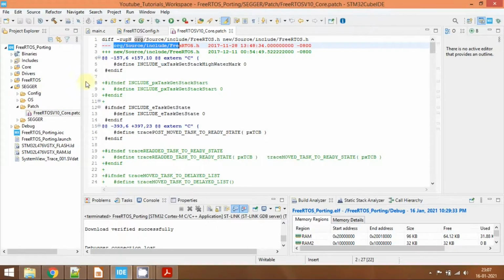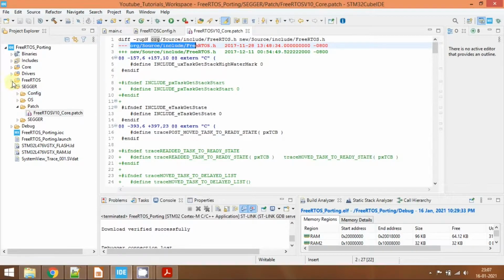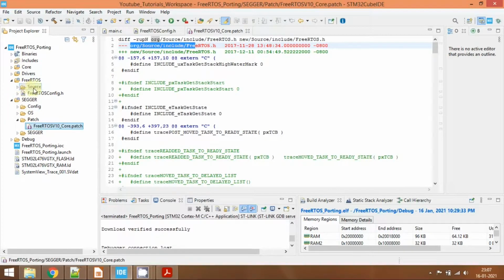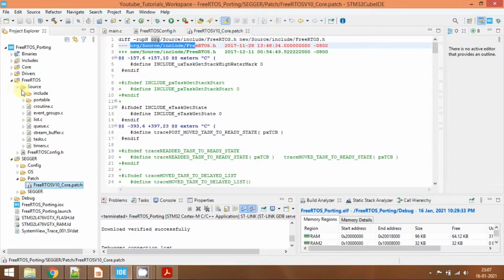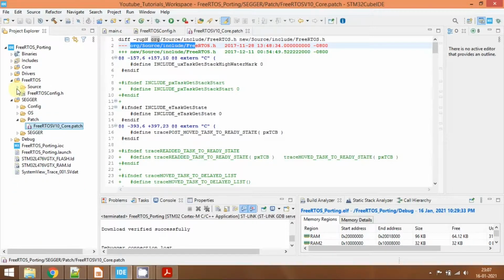But in our application, we have maintained source, then include, and then the freertos.h file. So we need to maintain this directory structure in order to apply this patch file. Otherwise, this patch will not be applied, and then the Sager system will not work.